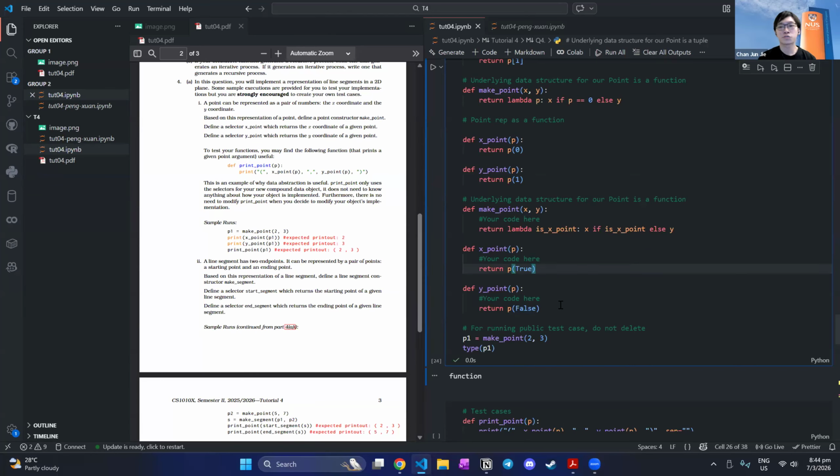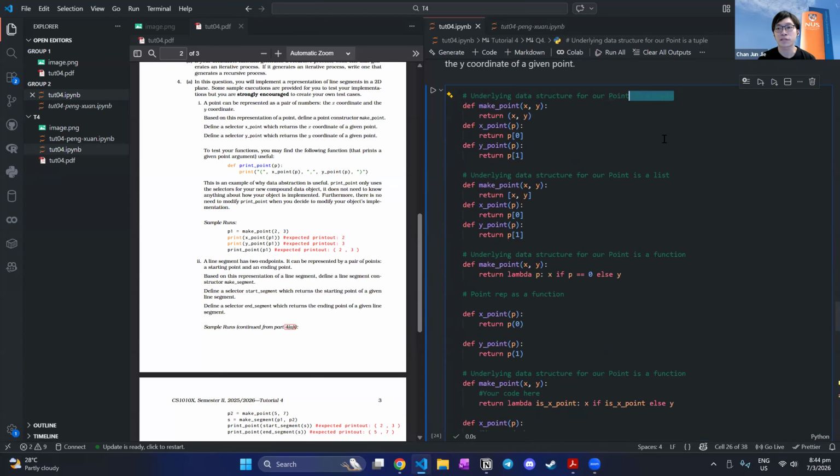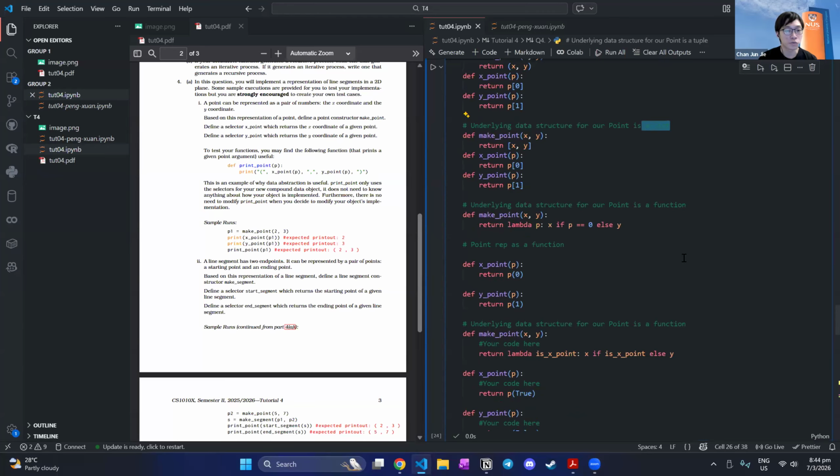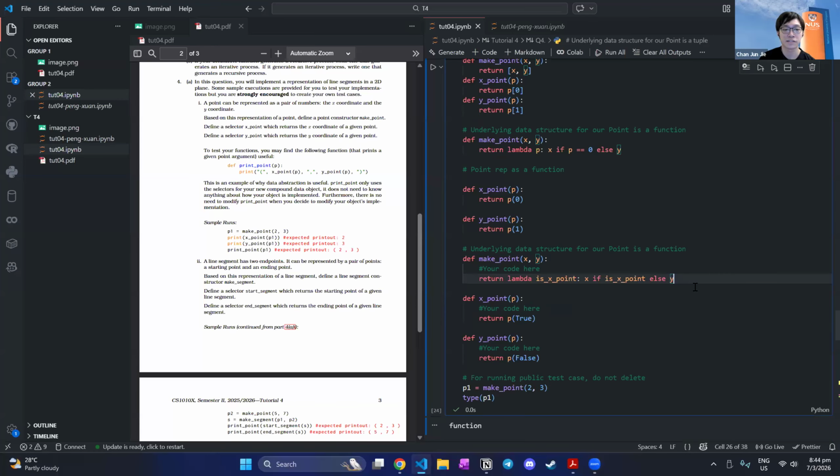So yeah, using functions to represent your data structure is a little more complicated than using something more intuitive like tuples or lists. So you don't have to do it, but you should be able to understand it if this was presented to you. So let's say this were to come out in an exam and we had a predefined ADT already, and it has constructors and getters making use of functions, making use of higher order functions in your implementation,